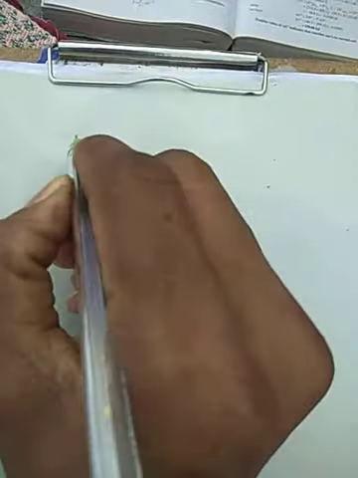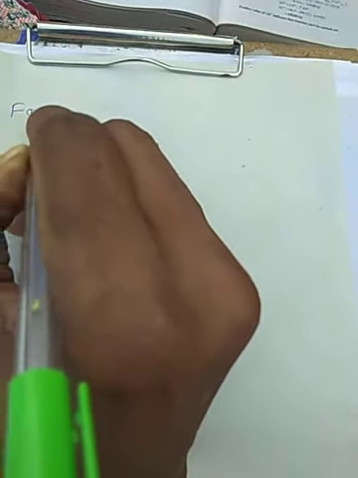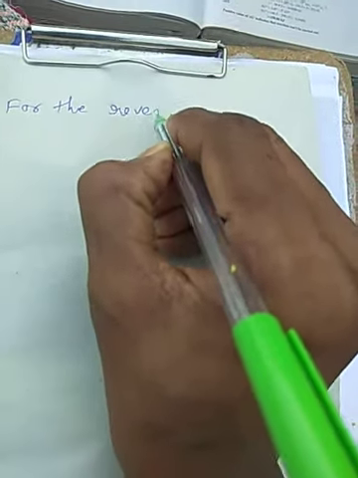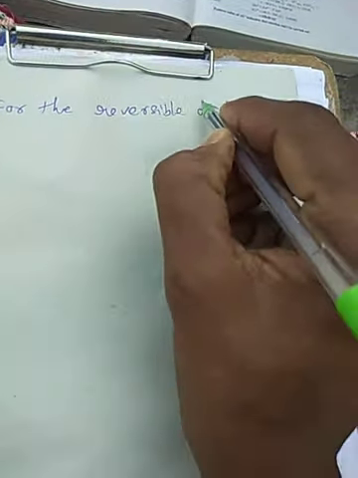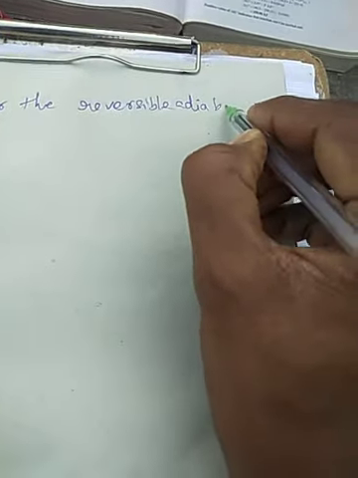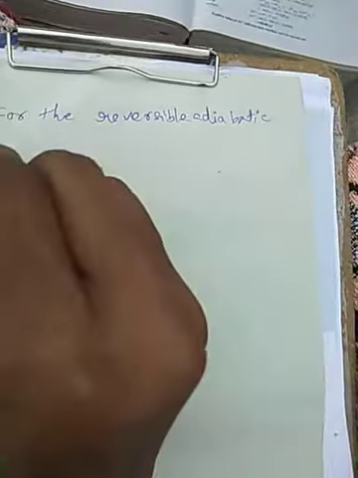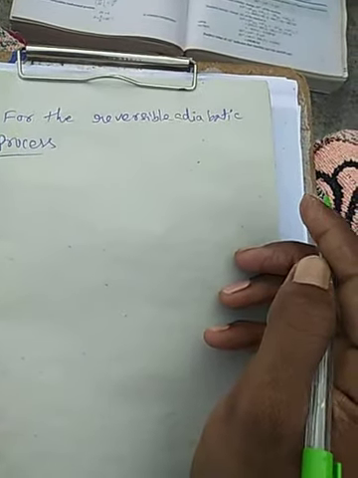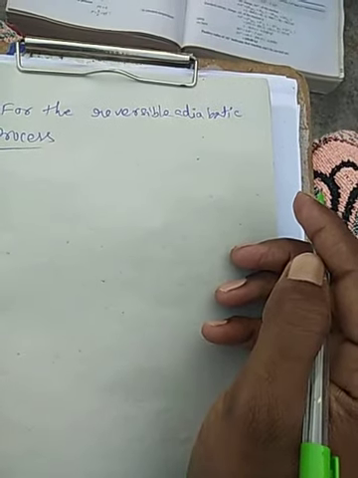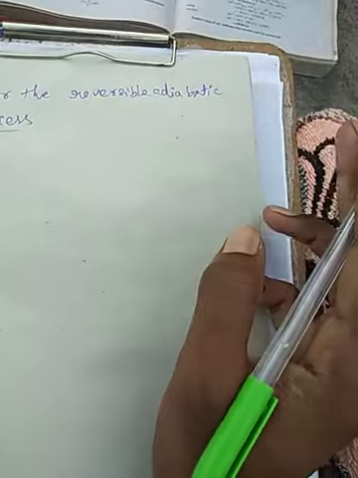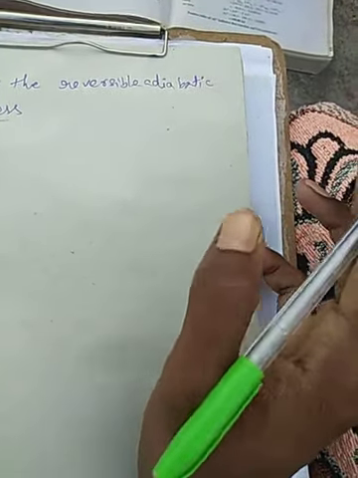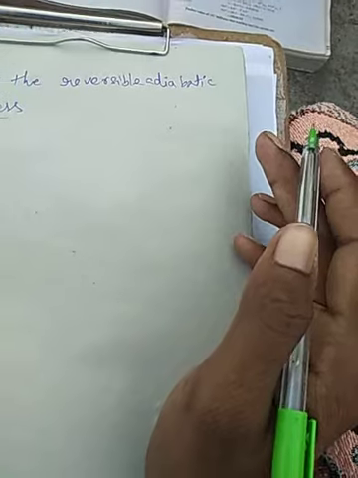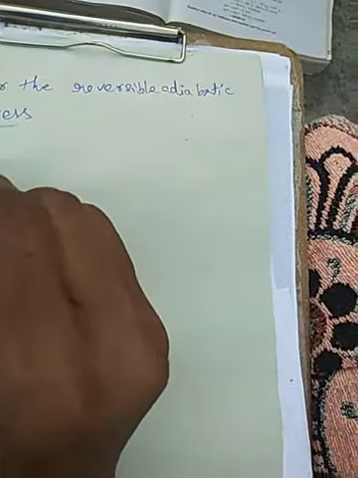Now for the reversible adiabatic process. The ideal gas equation in the isothermal process we know already: PV is equal to constant at constant temperature. But in the adiabatic process,